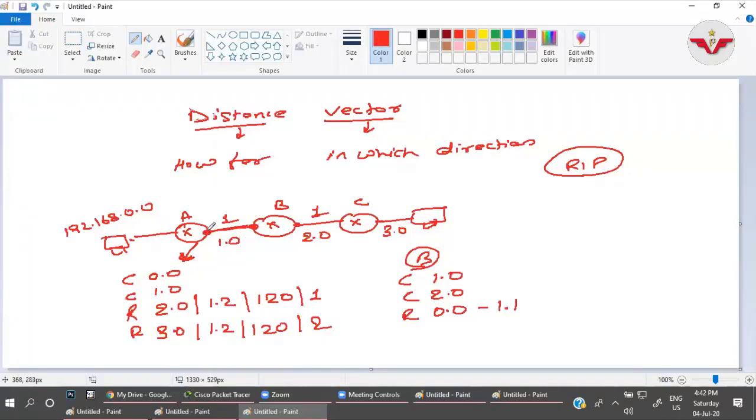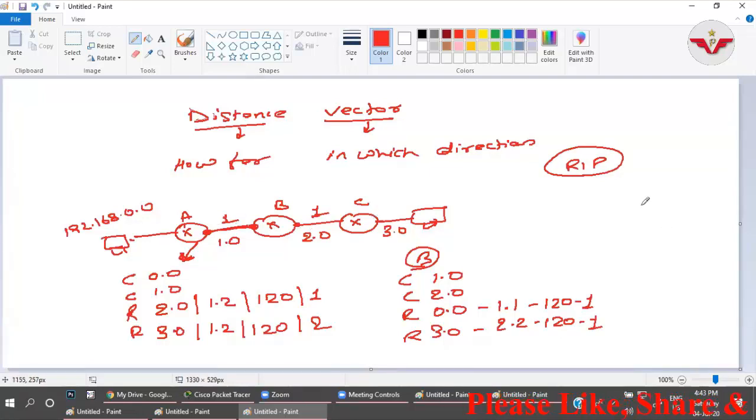This is the next hop for the 0 network, the administrative distance is 120 and the metric is 1 hop. Through RIP, router B is also getting the information about the 3.0 network. The 3.0 network can be reached through 2.2 IP address. Administrative distance will be 120 and the hop is 1. Okay.